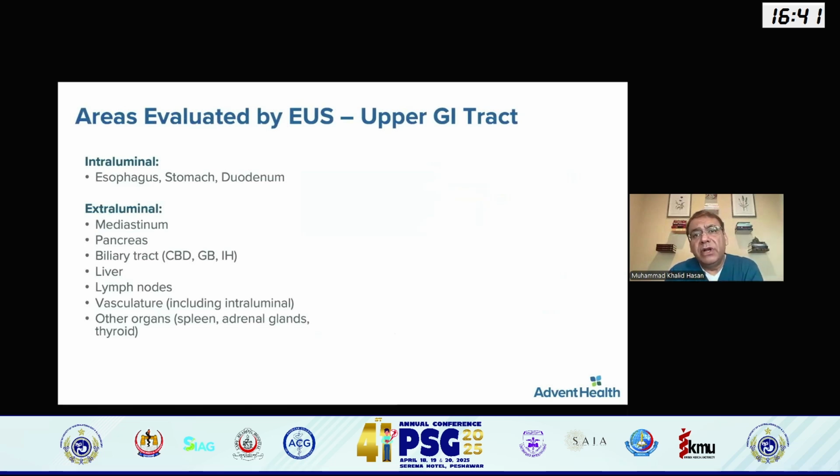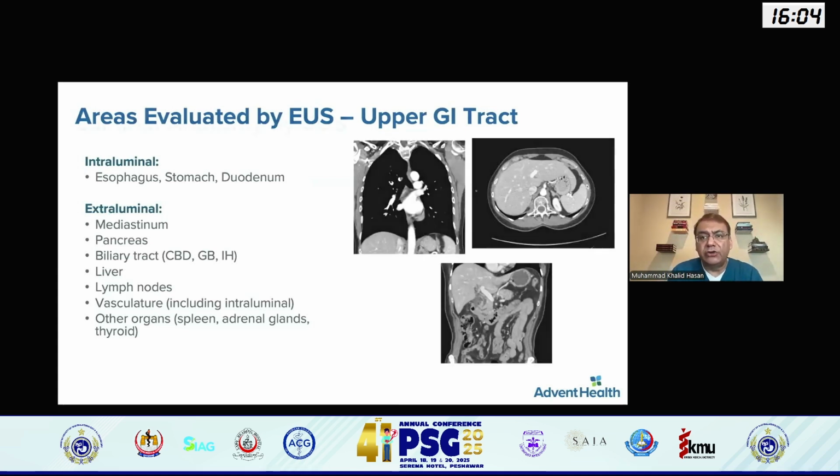So what do we use EUS for? Upper GI tract intraluminal examination, like the esophagus, stomach, and duodenum, and extraluminal. I will focus on the mediastinum, pancreas, and the biliary tract in this presentation, but we pretty much can see the whole liver with EUS. Maybe not every single segment of the liver completely, but we at least see a majority of the left lobe of the liver and all 4 segments of the right lobe. We may not see the whole segment, but at least a part of those as well. Other structures include vascular structures close to the lumens like the esophagus, stomach, and duodenum, the spleen, and the thyroid gland. Anything in proximity to the upper GI tract, we can see.